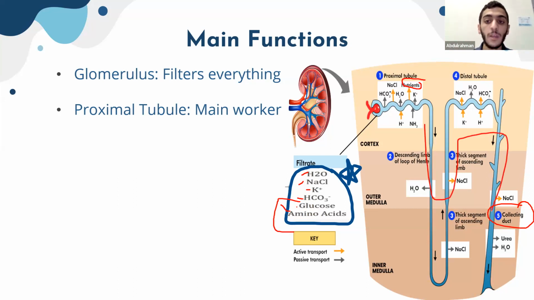Because we need them, the proximal tubule is the main worker, because it's going to be collecting as much of what we need as possible and reabsorbing it back to the body. Okay, so I got a question. So we reabsorb them, right? Yes, exactly, because we need these things, so we don't want them to stay there. So with that being said, this is my most general introduction, and this will make, inshallah, everything else easier,